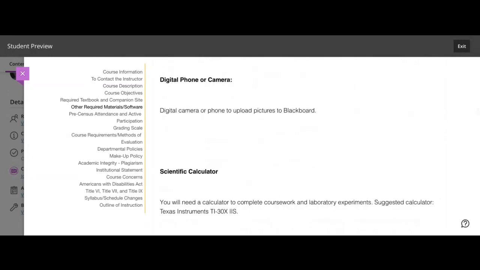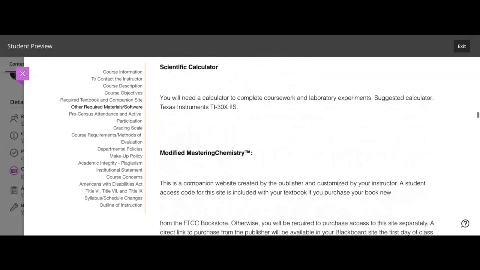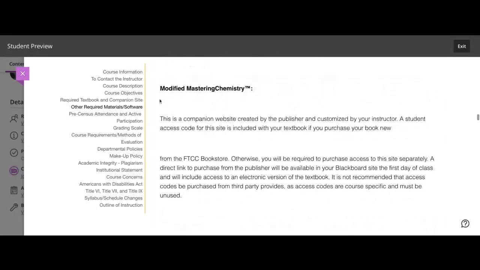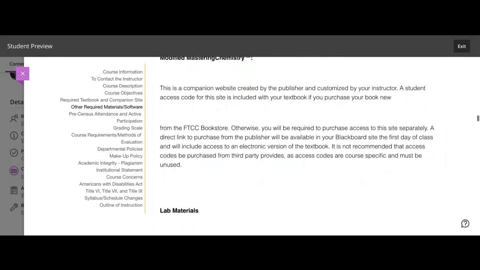You will also need a digital phone or a digital camera so that you can upload pictures to Blackboard, a scientific calculator for calculations, and then your companion modified Mastering Chemistry. And if you purchase a new textbook, that access will come with the new textbook.